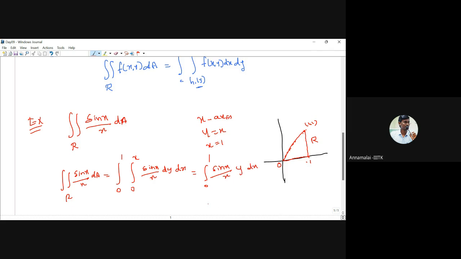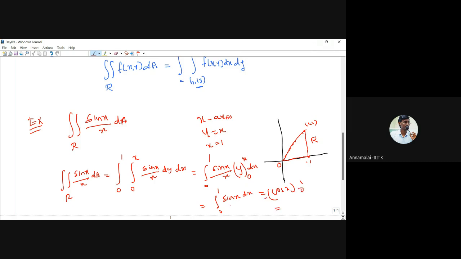Okay. Now we can integrate sin x by x. We have to put the upper limit and lower limit for this integration. We have an x, we can cancel x, and we get just the integral from 0 to 1 of sin x dx. So this is nothing but cos x from 0 to 1, we'll get